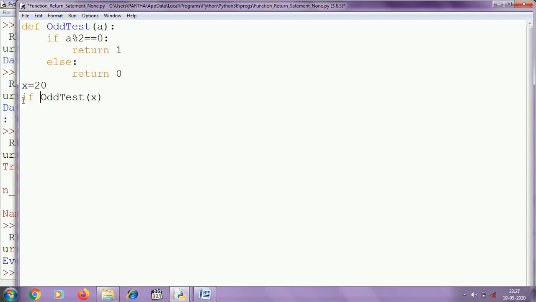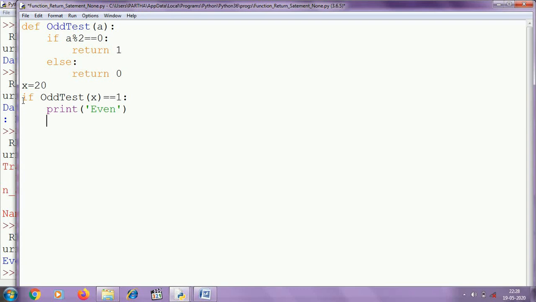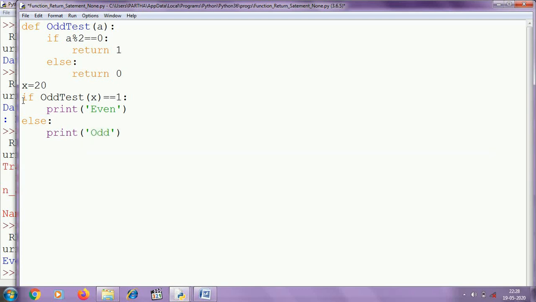In this case, we have to check whether the return value is equal to 1 or not. If it is 1, then print even, otherwise print odd. So you can see that in this case the code is getting lengthy.